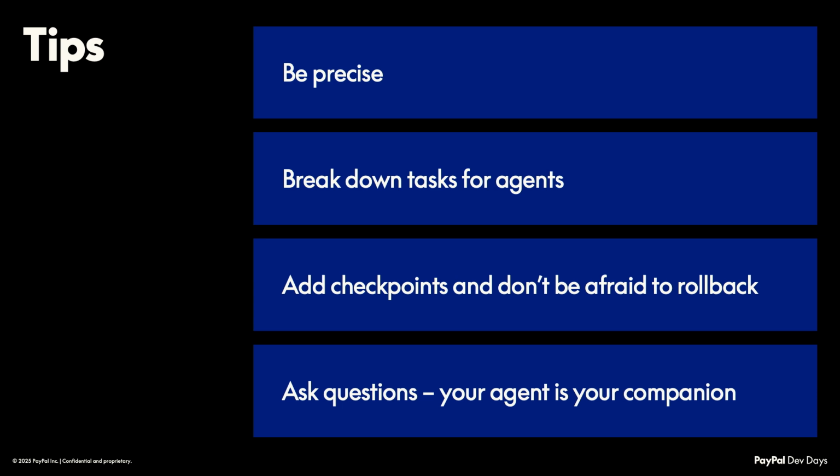Otherwise, there's a lot of ambiguity, and it leaves a lot of the decision-making up to the AI models, and you may not always get the desired outcome. So next is to break down your tasks. Just as you would if you're developing an application by hand, you normally go through that mental exercise of figuring out the steps I need to take to build my application. It's really the same process that you want to follow when building your applications using AI.